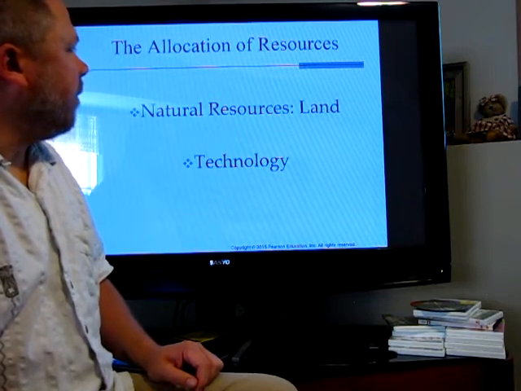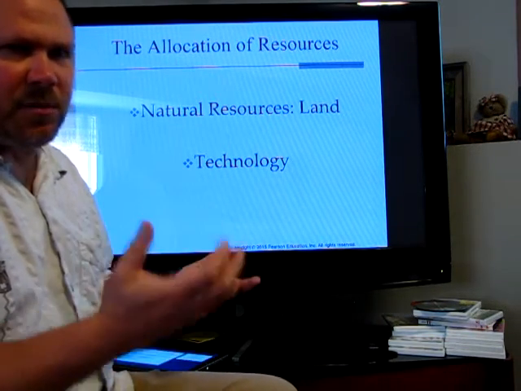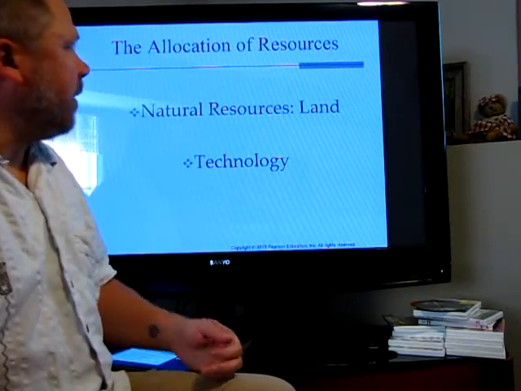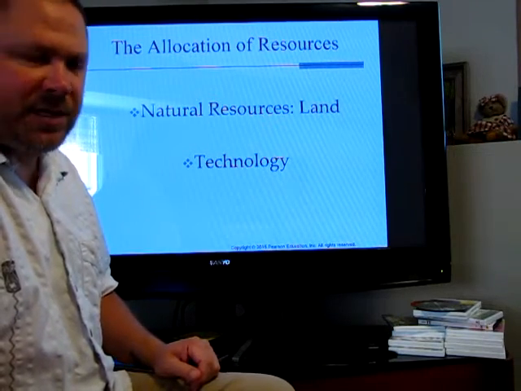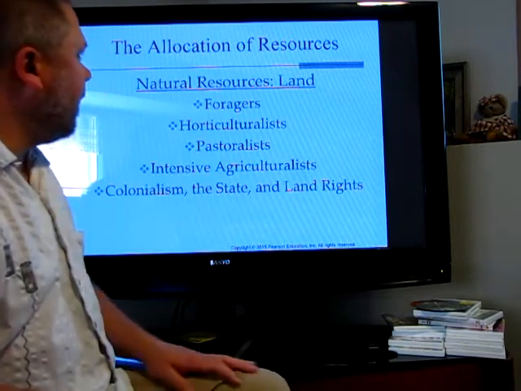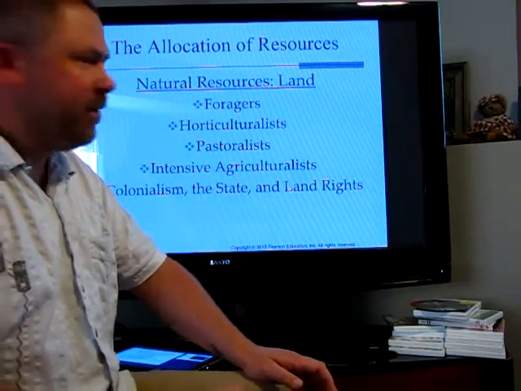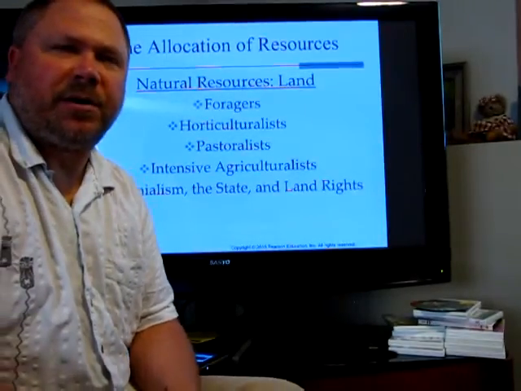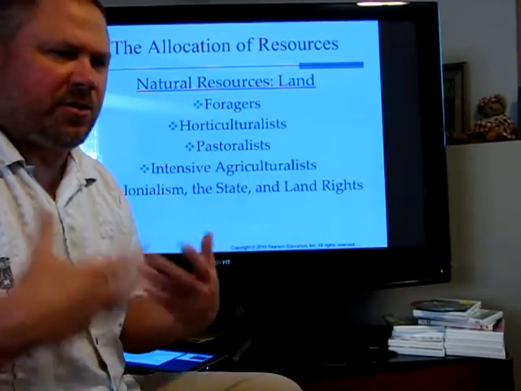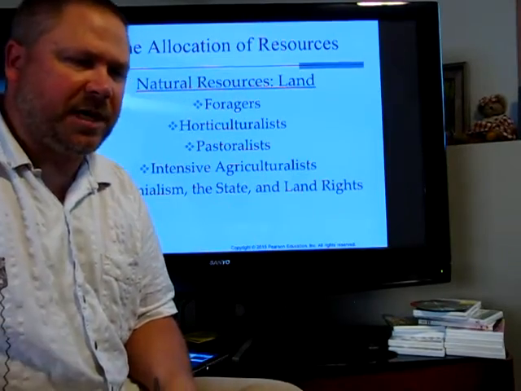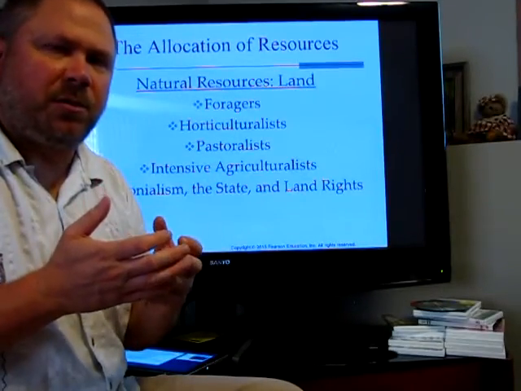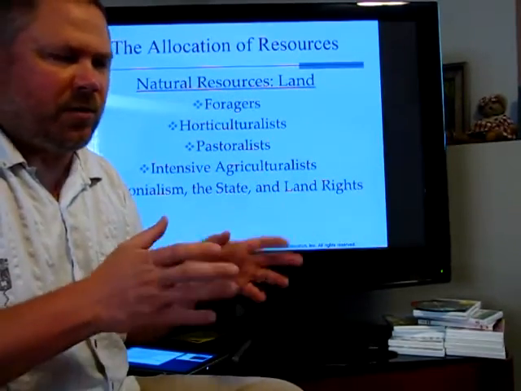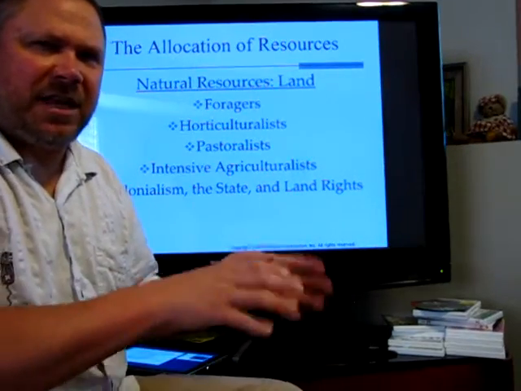So what are those resources? A common one is land or other natural resources. And then a second resource would be technology. So as far as natural resources like land, for foragers, land is not particularly important from an individual perspective. So there's no individual ownership of land in a foraging society. Remember, these are small groups of people. They're nomadic, generally speaking, and so it's the resources that are on the land that are important to them, not